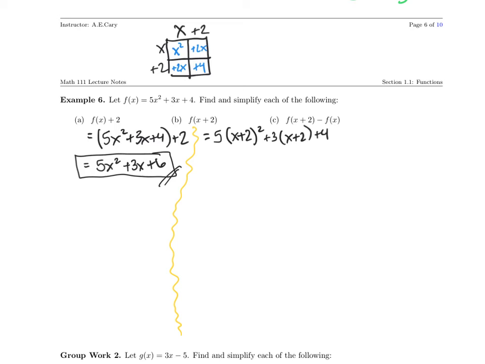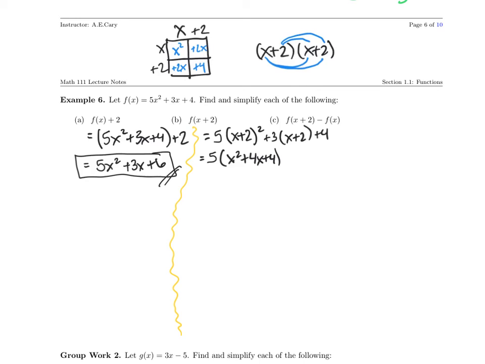Or you can use your FOIL method of x plus 2 times x plus 2, and do your first, outer, inner, last, multiply all those together, and add those up. You've kind of seen the different methods you can do here. You can also, if you can do it in your head, feel free to do it in your head. But I'm going to let you know that that is actually going to be x squared plus 4x plus 4